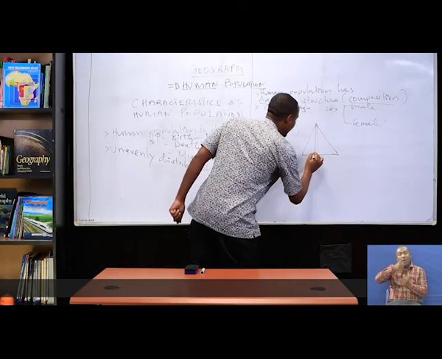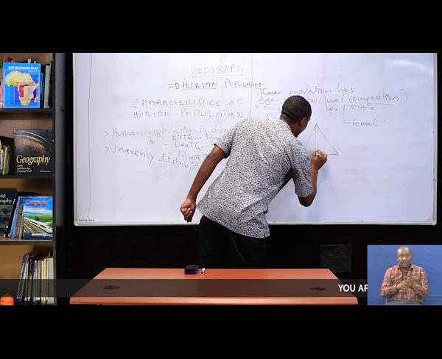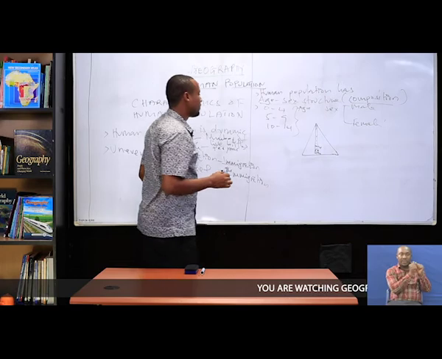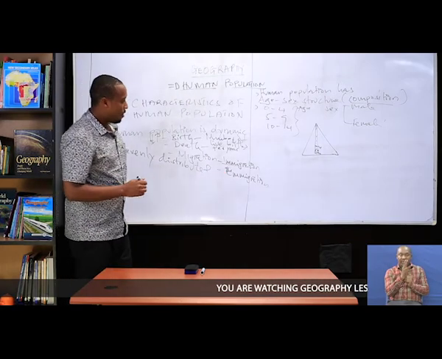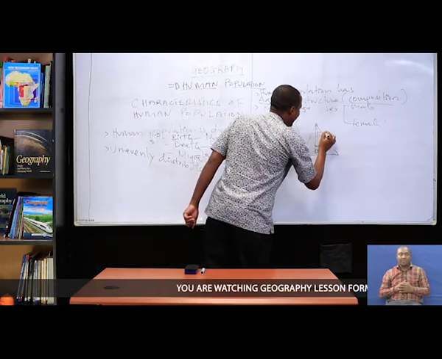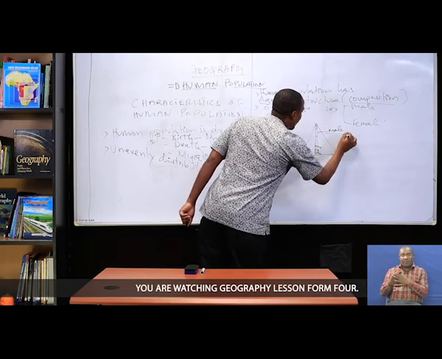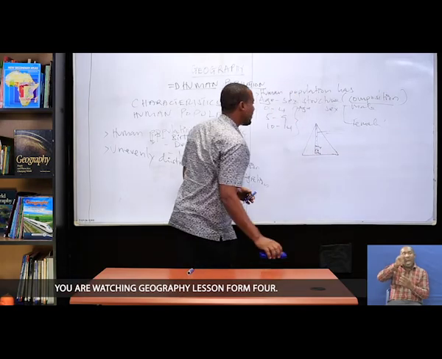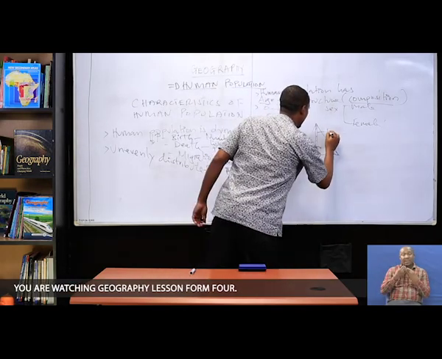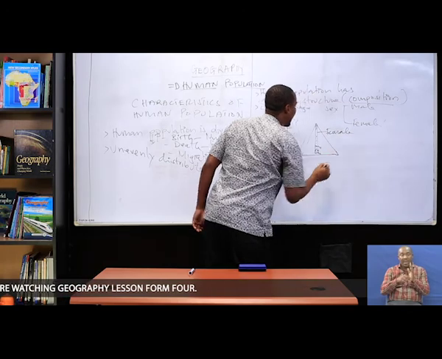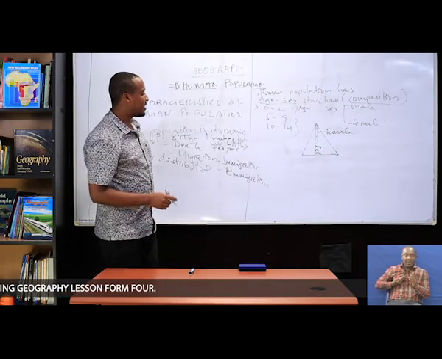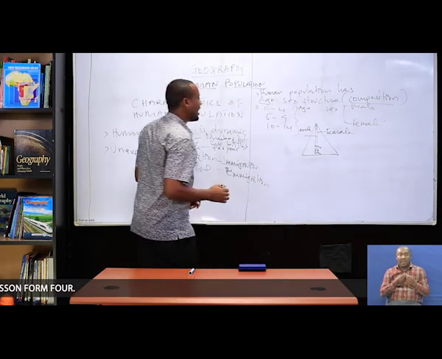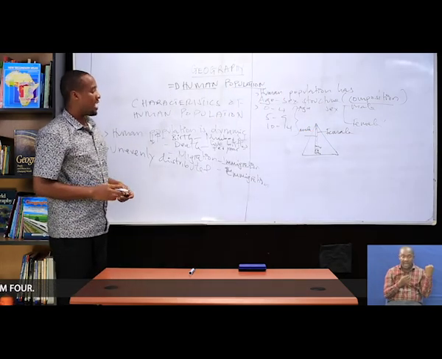For example, it can be 0 to 4, 5 to 9, then 10 to 14 until the nth ones. Now, from the right or from the central axis, it is represented by the numbers of female. So females are found at the right of the central axis, while the males are found at the left of the central axis.